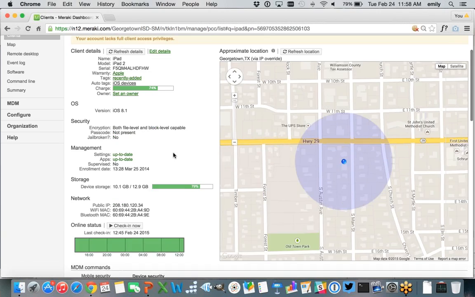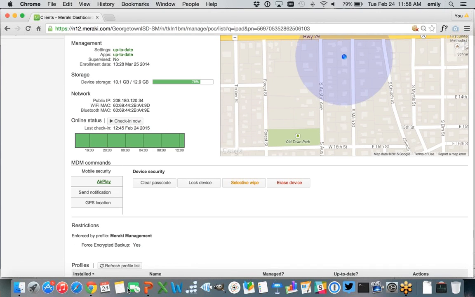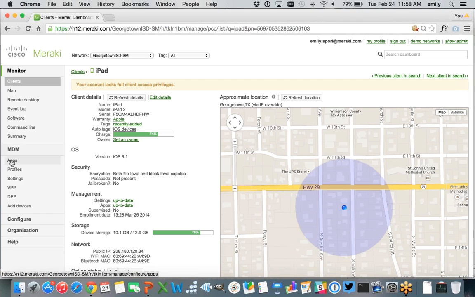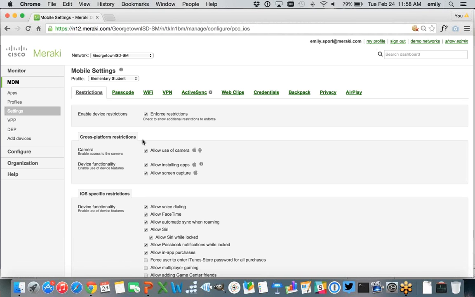So way more detail, a couple of special commands and types of functionality that you can remotely pass to a mobile device, like selectively wiping it or locking it. We have the ability to push out apps to manage security and configuration settings. So if you wanted to lock down particular components of a device, you can.